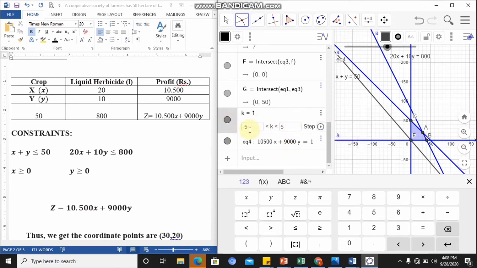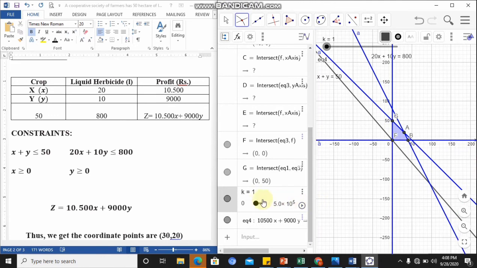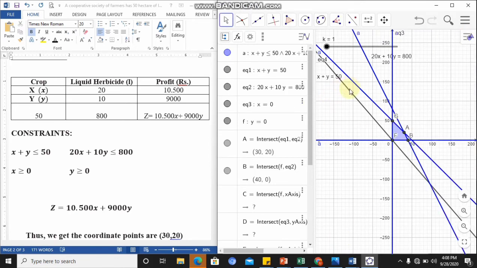Okay, we can see, and this is the graph for the objective function,